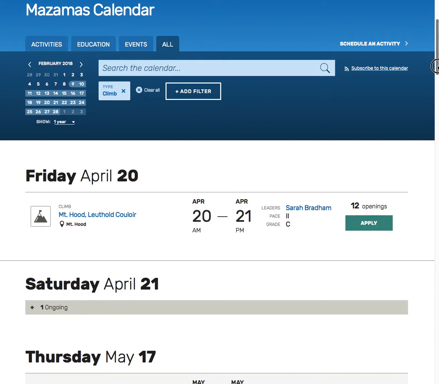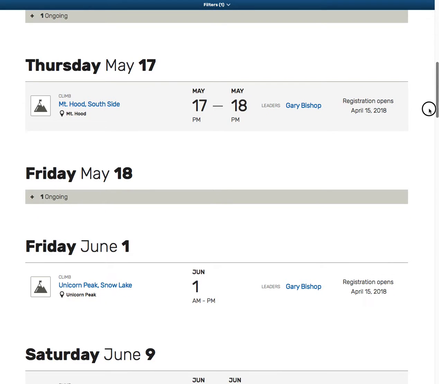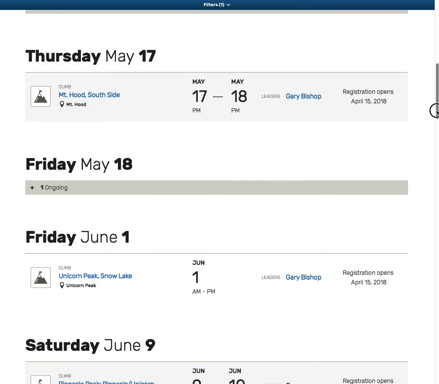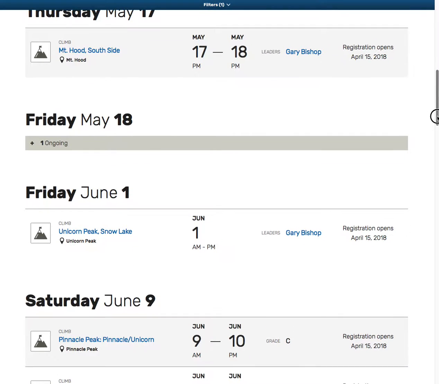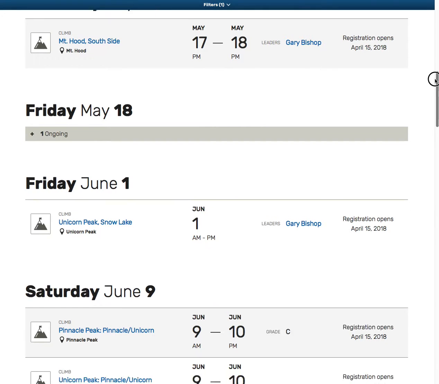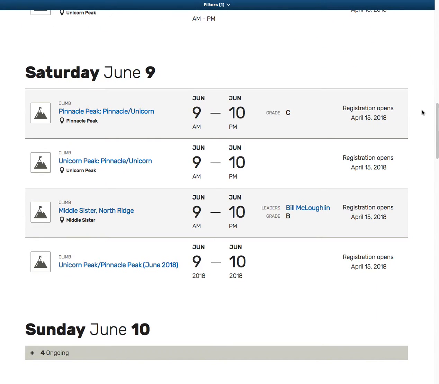There was just a test activity. And then a couple climb leaders scheduled climbs for the summer on the old scheduler. Like we said, we would transfer over, and we did. So you can see a few climbs that are going to be coming up. And I've set these to all have registration open on April 15th. One thing I want to draw your attention to is there are some